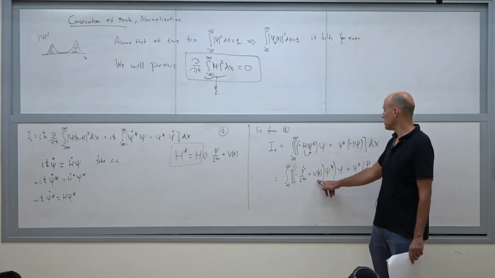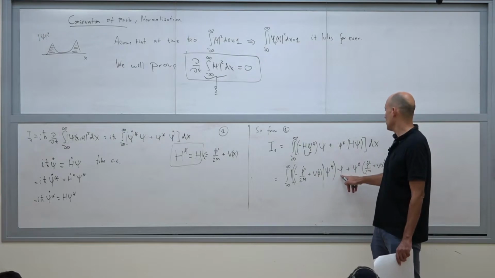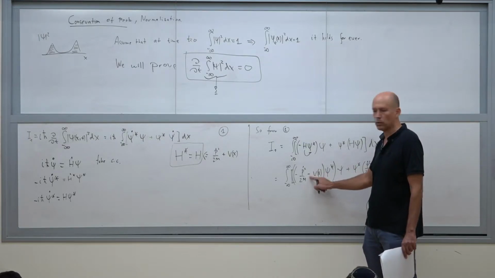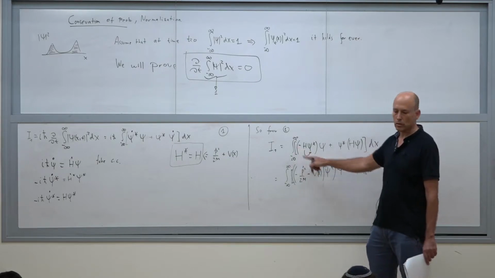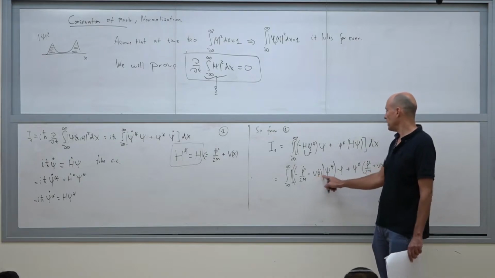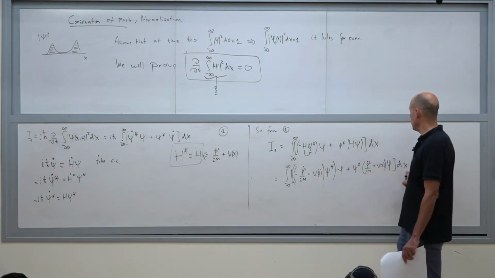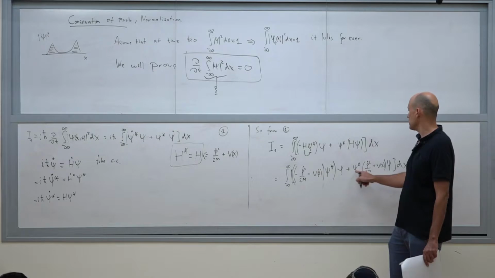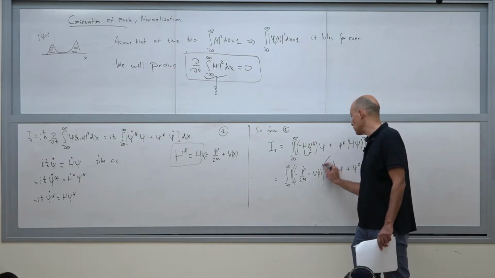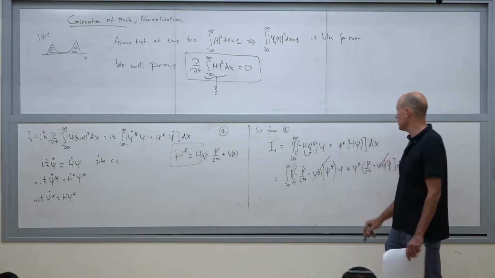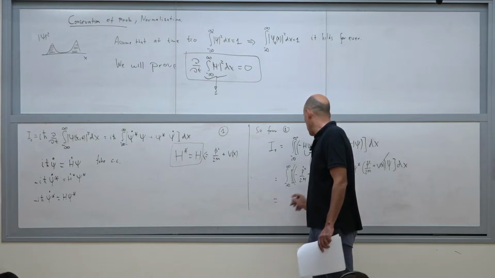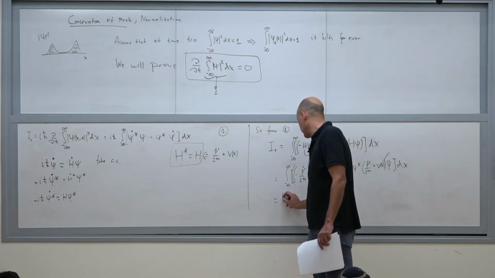Now, immediately you see what happens to the potential. You have v of x, psi star, psi. And I made a mistake. You should have corrected me. Here's a minus because of this minus. So this is minus the Hamiltonian. So here I have minus v of x, psi star, psi, dx. Here I have v of x, psi star, psi, but with a sign plus. So everyone should be able to see that this v of x will be canceling this v of x. And what I'm left with is, I can take the 2m outside,